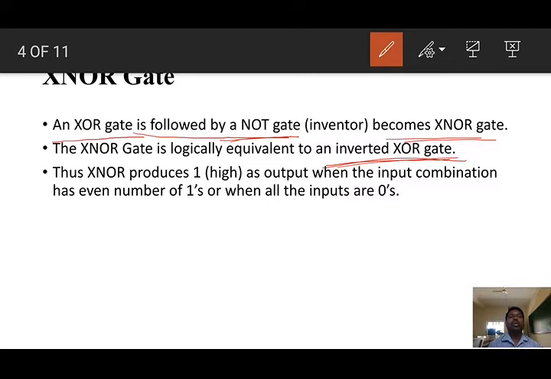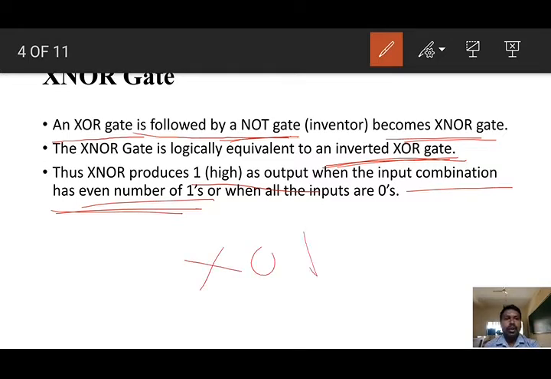Dear students, it is too simple. First we will check the output condition of the XOR gate. We know that if the number of input ones is odd, then the output is 1, otherwise 0. Here in the XNOR gate it is vice versa. What is that? You can check. The XNOR gate produces 1 as an output when the input combination has an even number of ones. Can you identify the difference from the XOR gate?